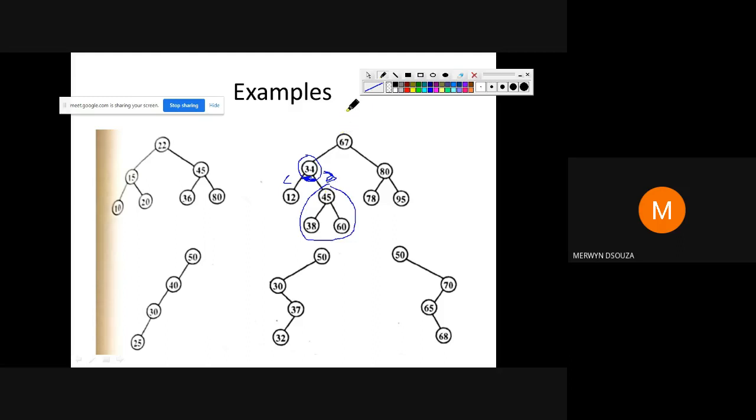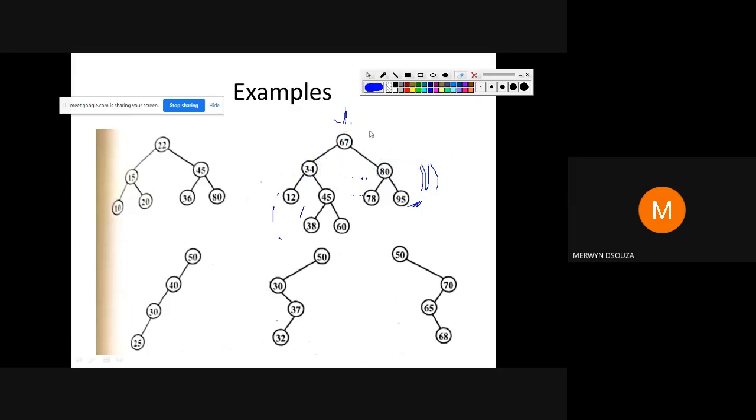If you look at this node, for example, the right descendants of 67 are all these nodes. All these nodes are on the right side of 67, and these all will be greater than 67. So nodes in the right subtree are greater than the value of the node, and left descendants are less than the value of the node. That is true throughout the binary search tree. Therefore we call it a binary search tree.